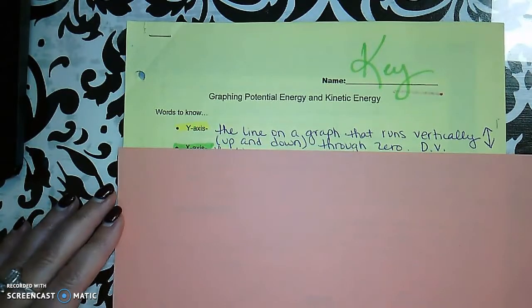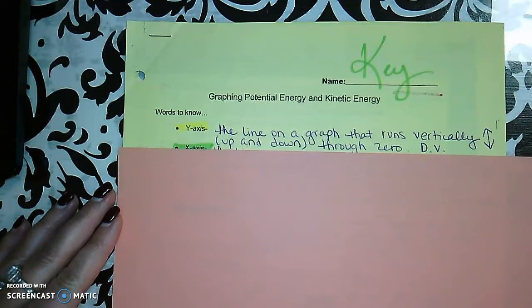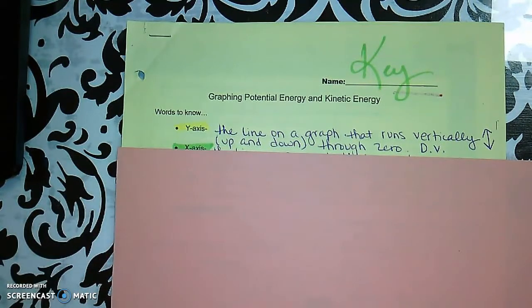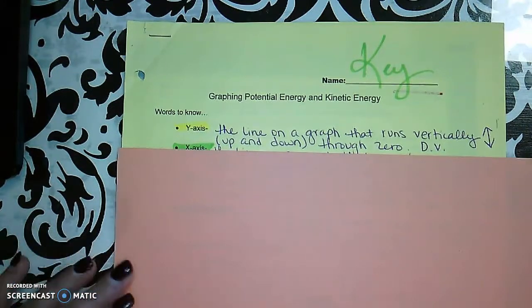All right, so we've reached our part in Unit 4 with potential and kinetic energy, where it's time for us to learn how to graph those. When we graph them, we are going to be doing line graphs, so we're going to review the parts of a graph. And the first part we have is